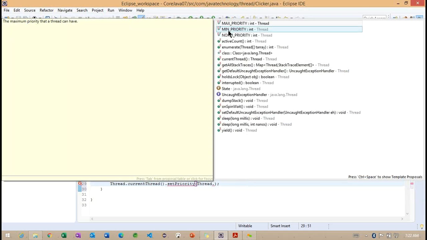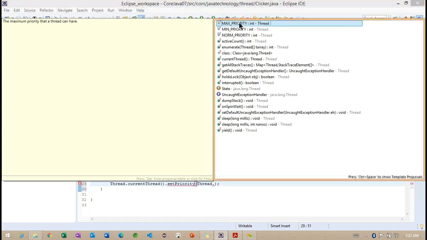This is the min priority, which is 0, and the norm priority, which is 5. Between these we need to specify whatever priority we want to set. If we set a value out of this range, it is not going to be considered. Getting the point? So we need to specify between 0 and 10.